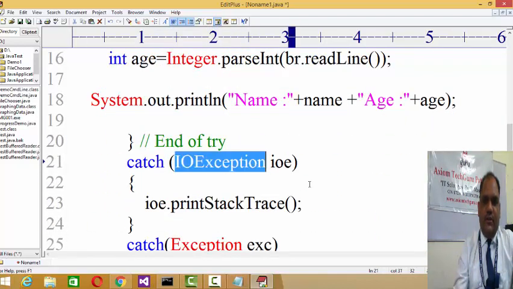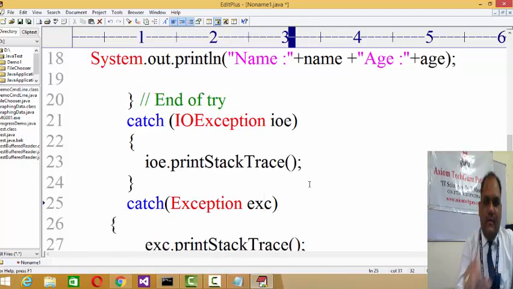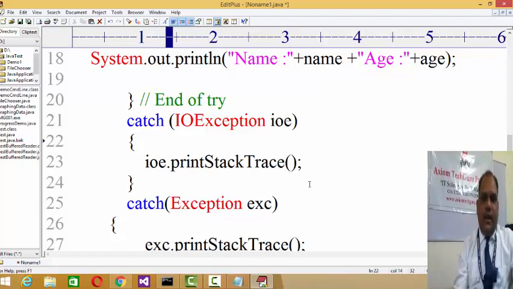Now try to understand this IOException, these red symbols you are getting in EditPlus. That's why I am recommending EditPlus, because you can distinguish between the class name and method name as well, right? In Notepad everything is in black, so it won't give you enough hints regarding which is the class and which is the method. So EditPlus suits you and gives you a better way to write the code. So we are trapping the IOExceptions, right?